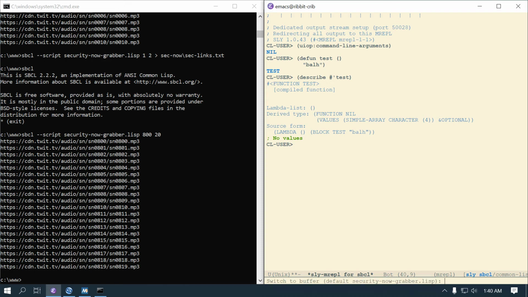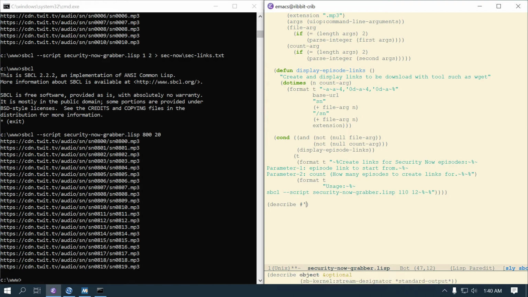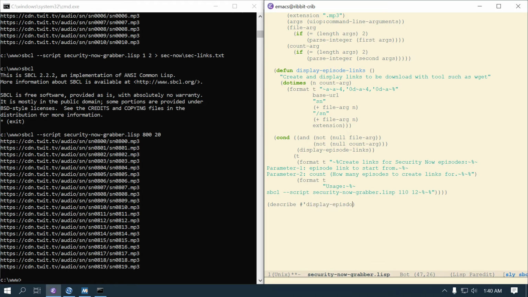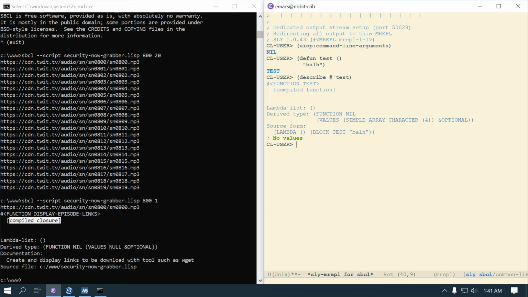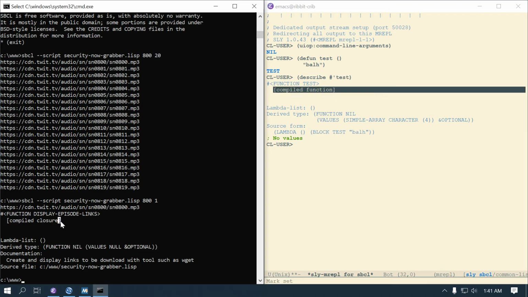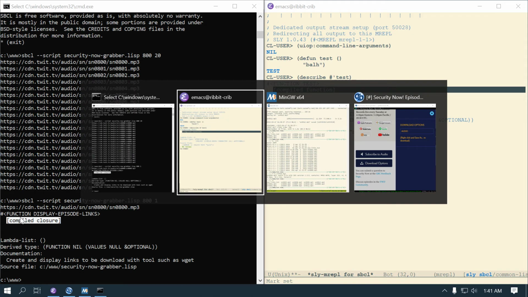So if I come back over here and say describe this display episode links, and then run this from over here, what happens? Let's just put one. And notice right here, it's actually showing right here. So whereas this guy over here was a function, then over here it's noticing it's a closure. And what makes it a closure